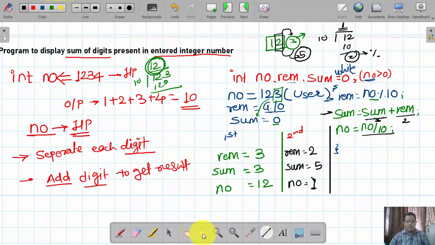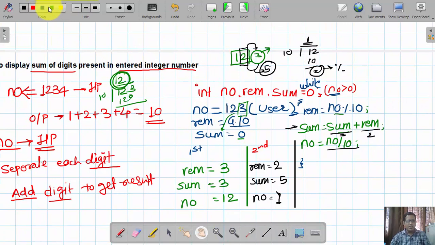Now I am moving towards the third iteration. Again, the value of number is greater than 0. Yes, as it is greater than 0, REM is equal to number mod 10, so 1 divided by 10. Here the quotient value I am getting is 0, and the remainder value that I am getting is 1.